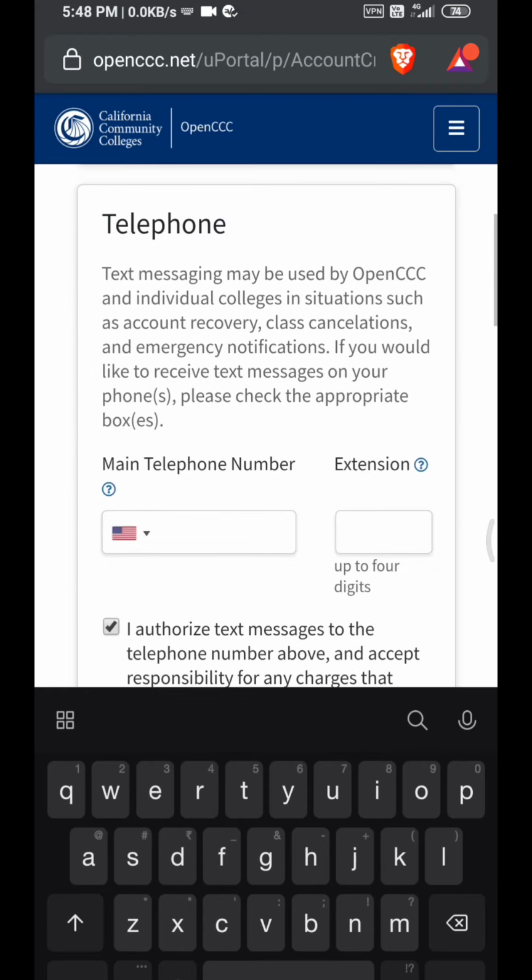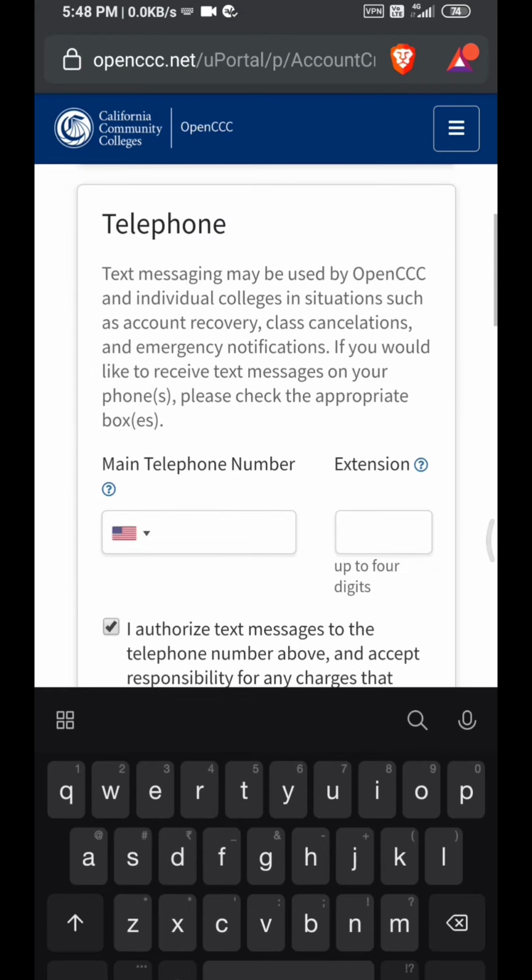So telephone, so we want to give a fake address. So I also have that link, fakeaddressgenerator.com. I will give this link in the description, copy that link from there. So this is only for educational purposes, I am not responsible for any illegal activities by you. So copy the phone number and paste it. So we have to copy the second phone number. So go to that page and copy that mobile number, so paste it.